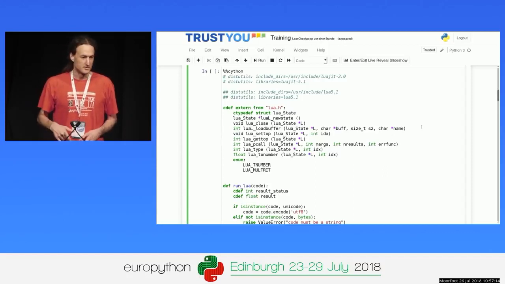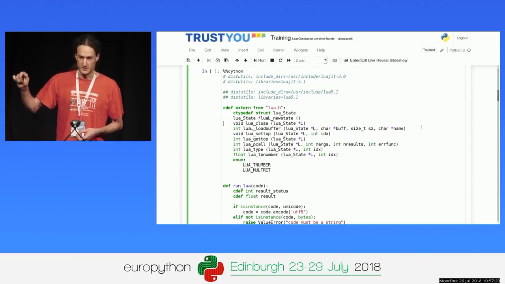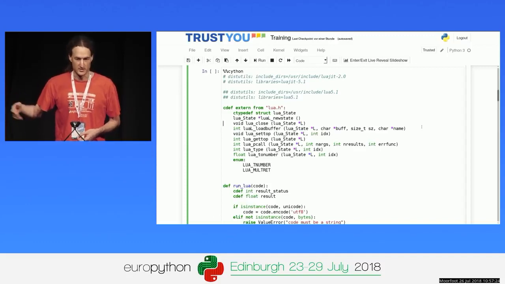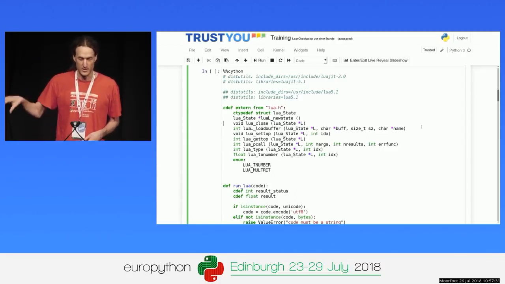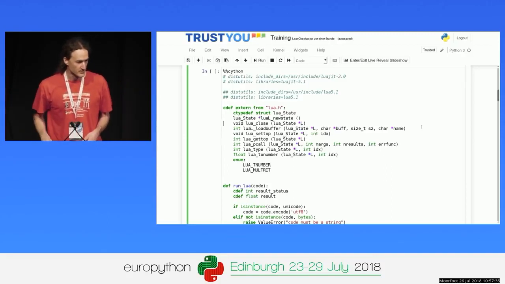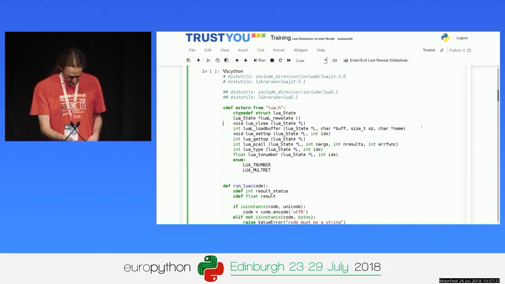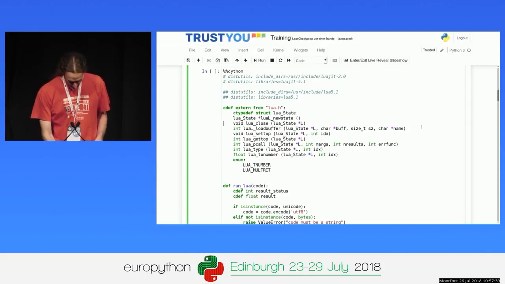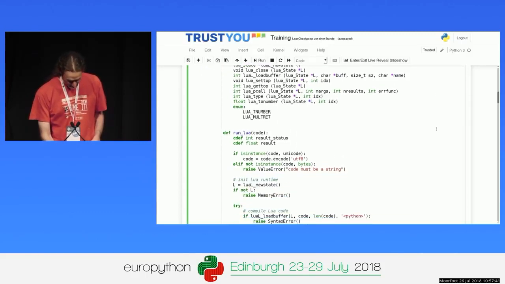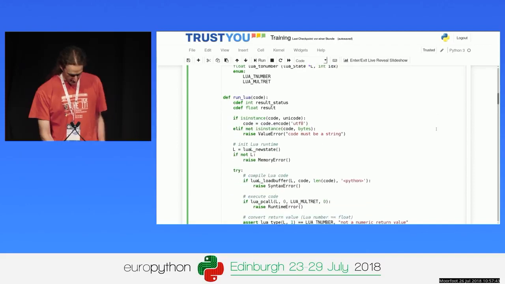Remember that Cython translates my code to C, right? And then there's a C compiler afterwards that compiles that to a shared library. And the C compiler obviously sees the whole thing, right? But Cython doesn't need to know about the whole thing. It just needs to know what I'm using in order to generate proper C code that the C compiler can compile and understand. Okay, also very nice. So it's really just a dozen functions here or so that allow me to execute Lua code from Python.